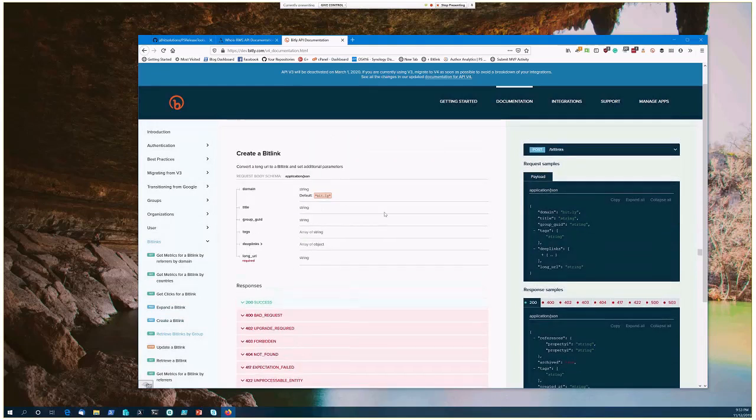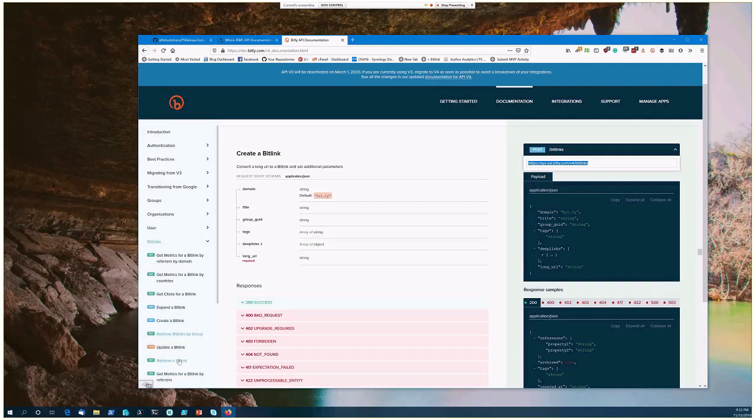So I know if I want to create a bitlink, and looking at this here, I'm going to need to use the post method. I'll show you how we can do that here in a moment. Now, in this case, this is really nice documentation. If I can expand, this actually shows me what the URI needs to be. Let's come here and let's look at the